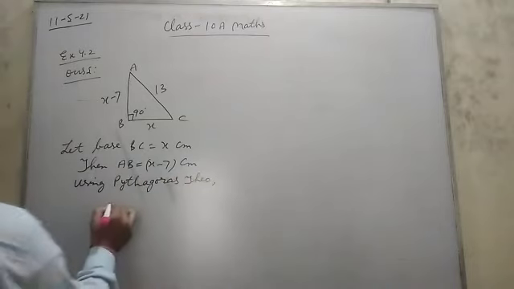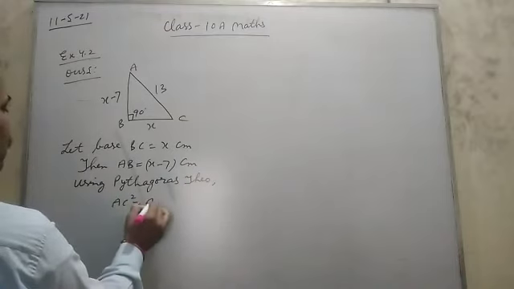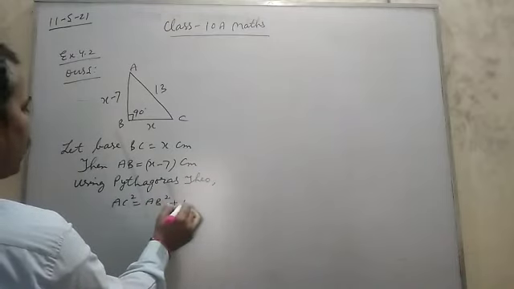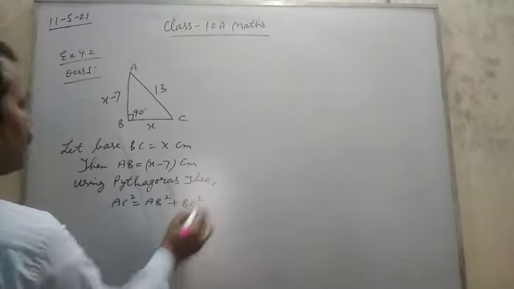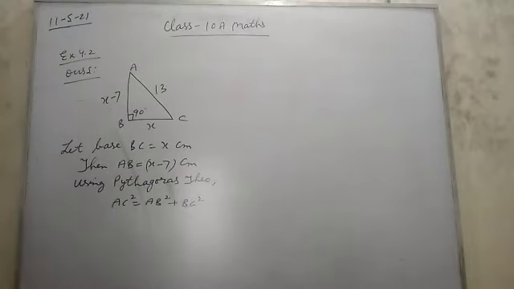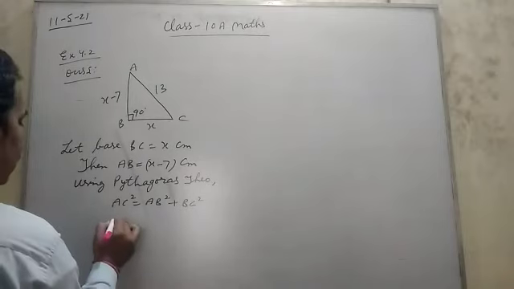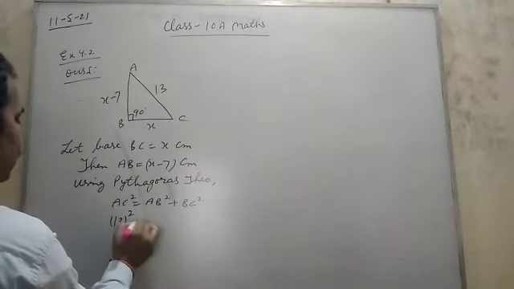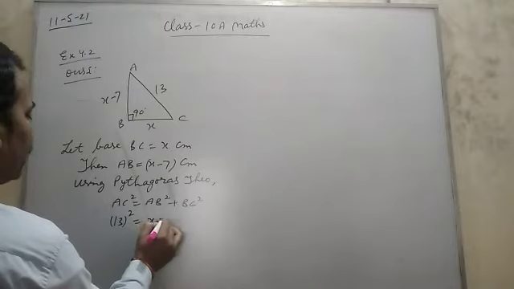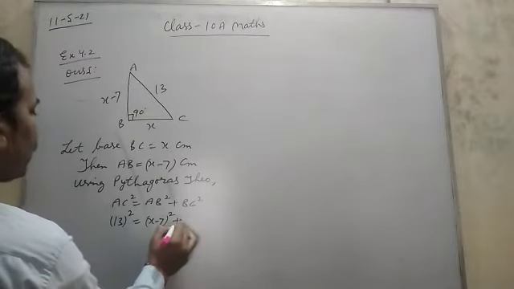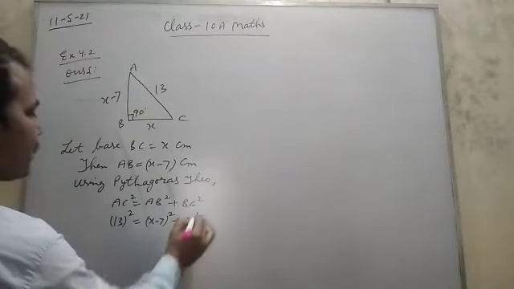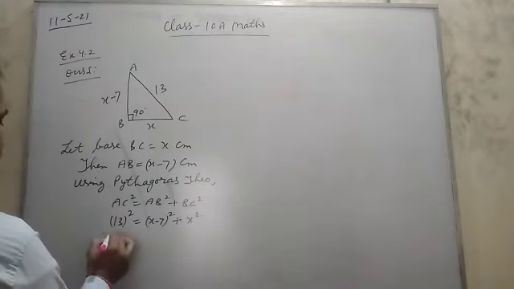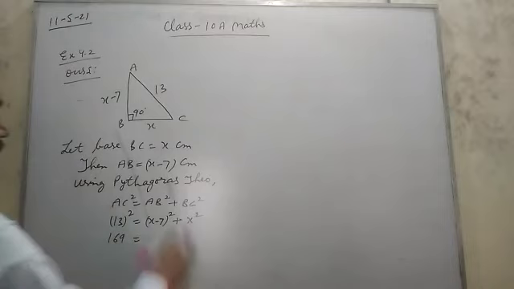AC square is equal to AB square plus BC square. Hypotenuse square is equal to base square plus altitude square. So hypotenuse that is 13. So 13 square is equal to AB, that is (x minus 7) whole square, plus BC, x square. So 13 square, 169, is equal to (a minus b) whole square